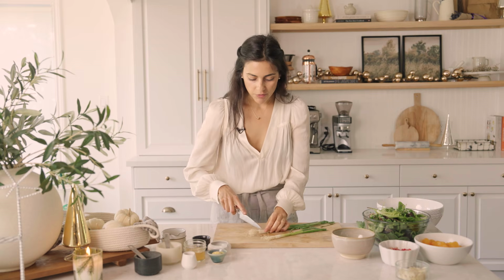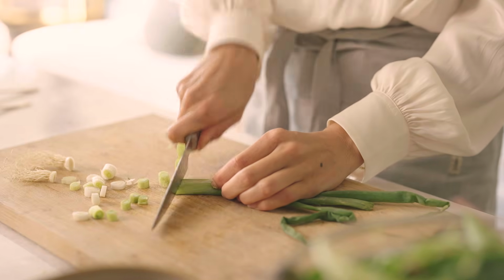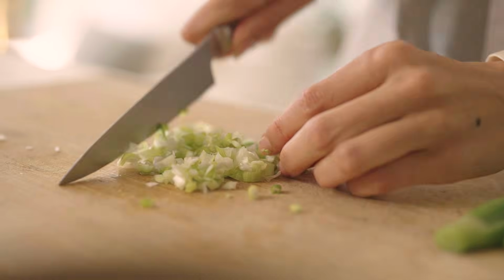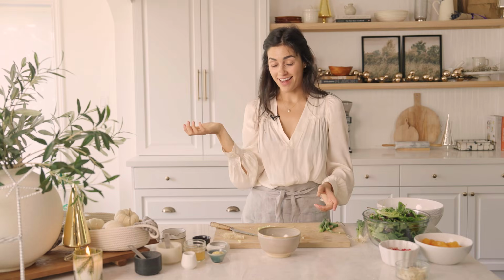I'm gonna be using some green onion because it's nice and subtle and it really kind of elevates that dressing. We're gonna chop this up really fine. Even green onions make me cry. This is crazy. Okay, now we're gonna add the orange juice, apple cider vinegar,